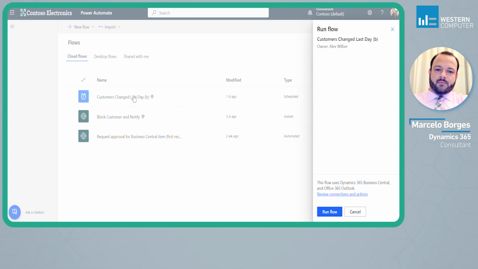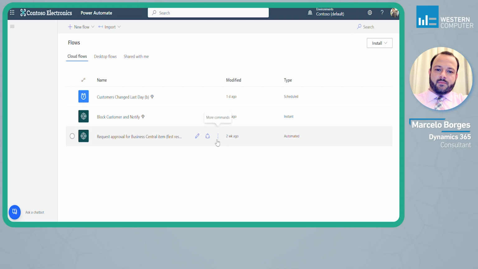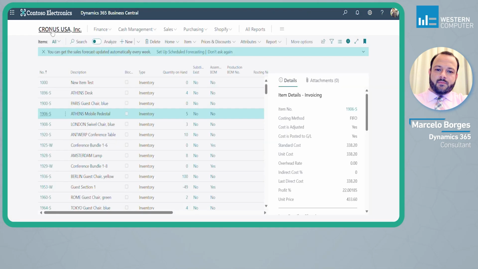I'm running this manually, but of course this is going to be on a scheduler. I'm just running this for you to see how it's going to go. And I'm probably not going to get anything because I don't think I changed anything in the last 24 hours. But now I'm going to go into Business Central